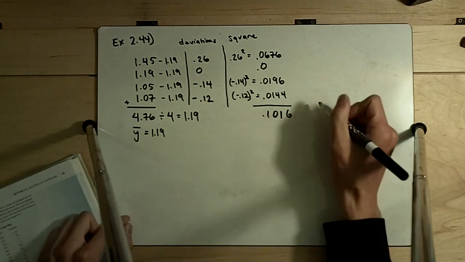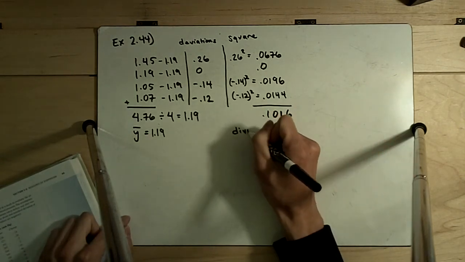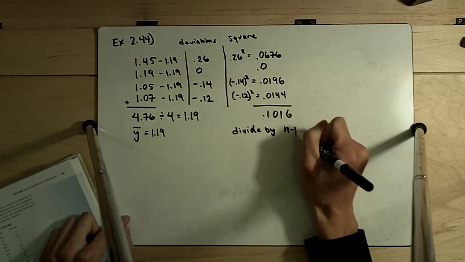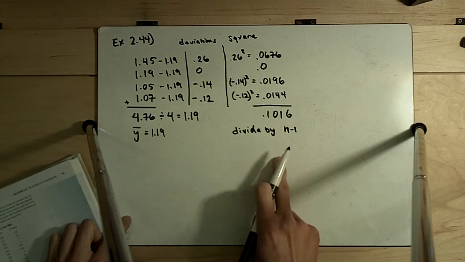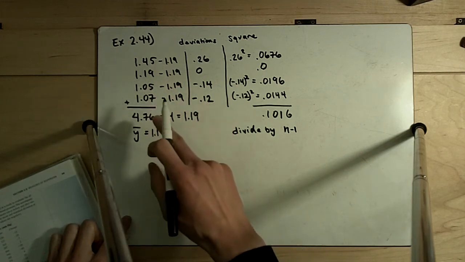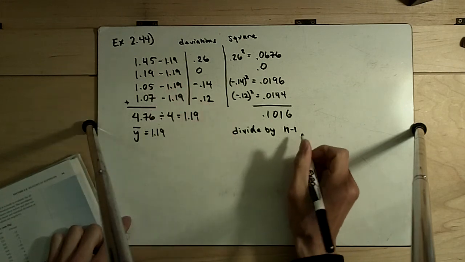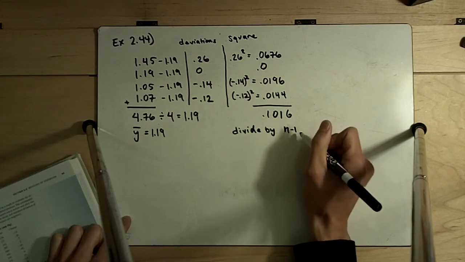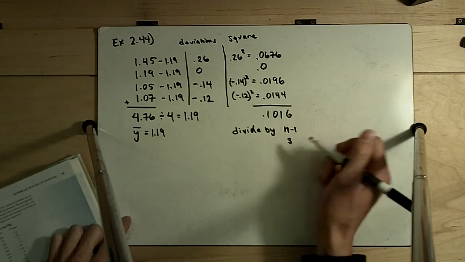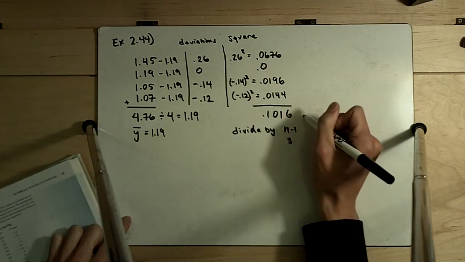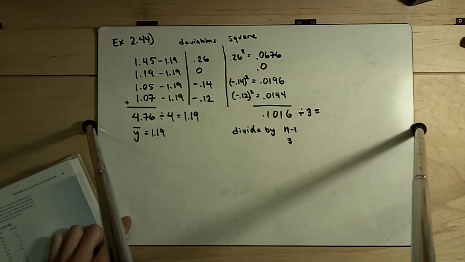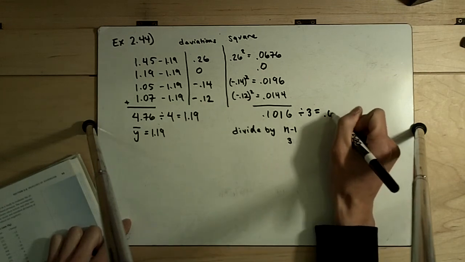Okay, now we divide by n minus 1. In this case, n is 4. We've got 4 numbers, and so n minus 1 is going to be 3. So divide by 3. Okay, so 0.1016 divided by 3 is equal to